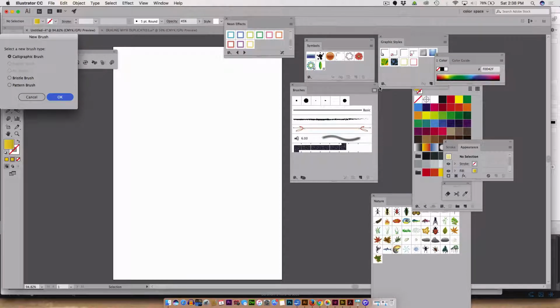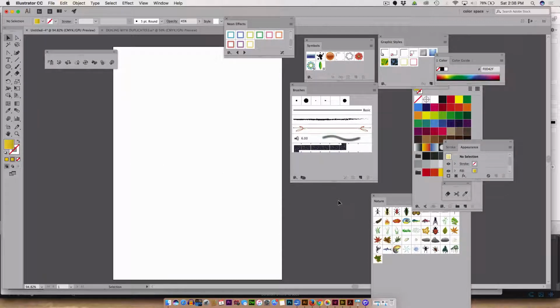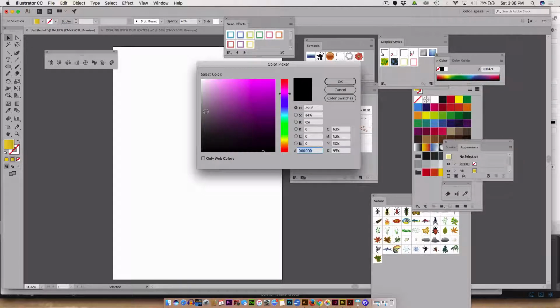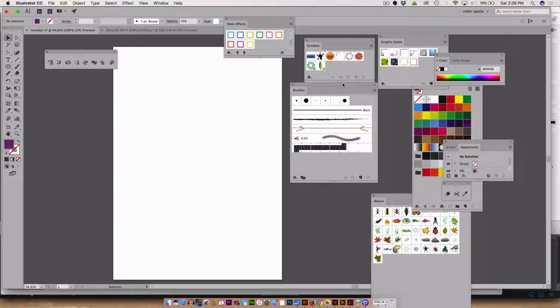Without having a Wacom tablet or a pressure sensitive tool, I won't be able to go over the bristle brush, although they're very interesting and great. If you have a Wacom tablet, you'll want to learn more about that. But I'm going to start with your basic calligraphy brush. So trying out a calligraphy brush with a colored tip here, I'm going to use this wonderful purple color